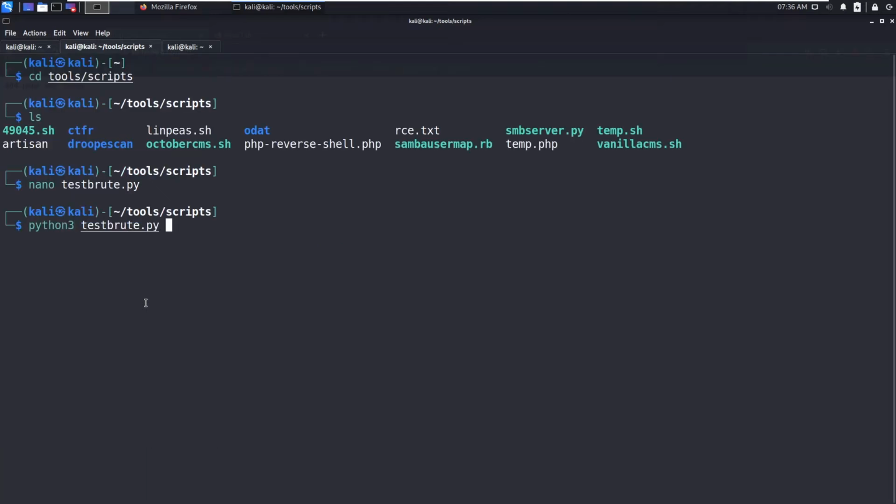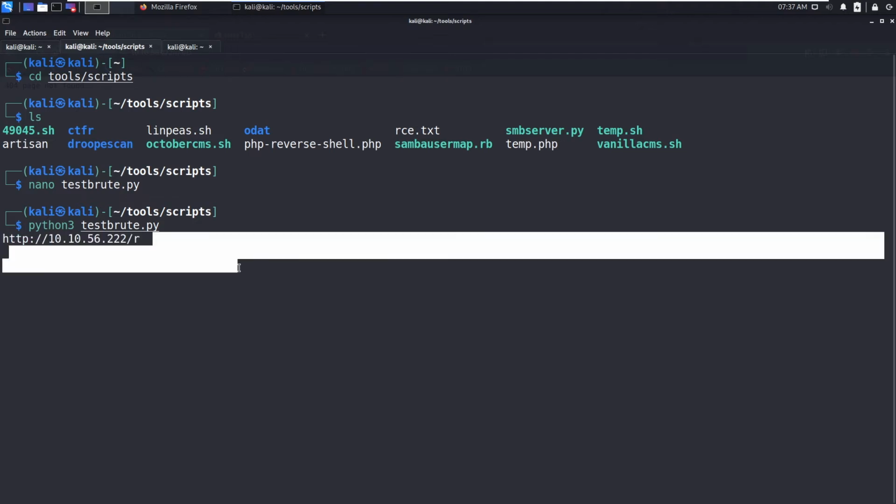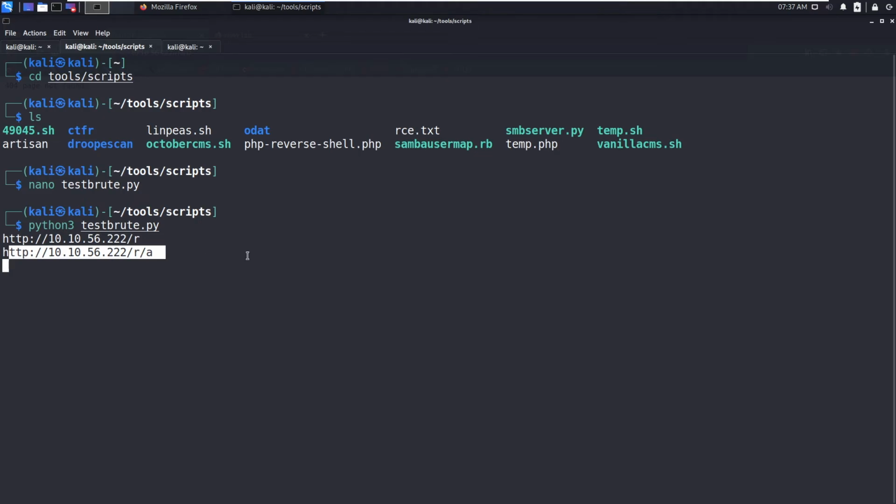Python 3 testbrute.py. Now run this. So we have the first one, r, and the second one is a. So let's find the third one, b.